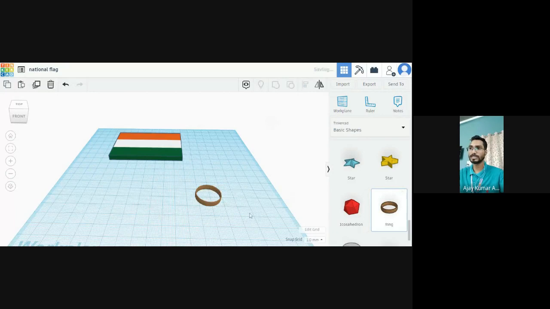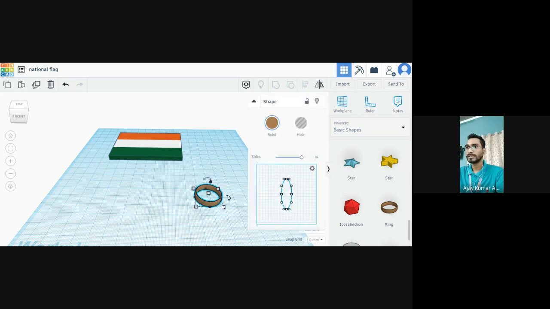I'm just using the ring part. Again I am going to change the dimensions. Just click on the figure and change its dimension. I am going to use 20, 20.